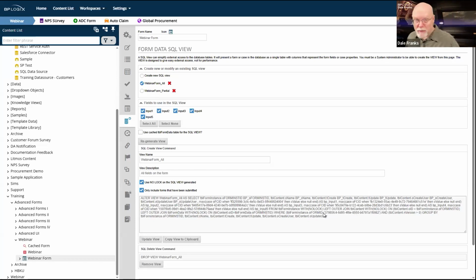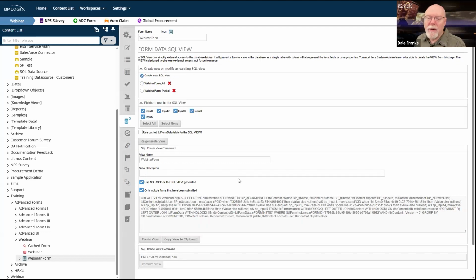And table form data is probably going to have over time millions of records in it. Sure, technically SQL Server is supposed to chop through millions of records pretty quick, but you're still chopping through millions of records. What if I didn't want to do that?